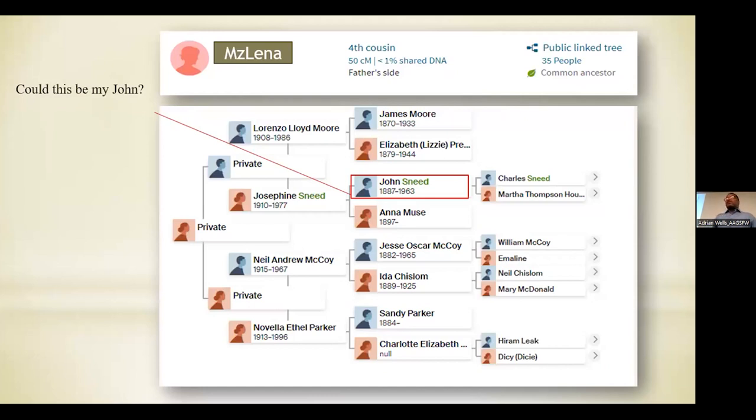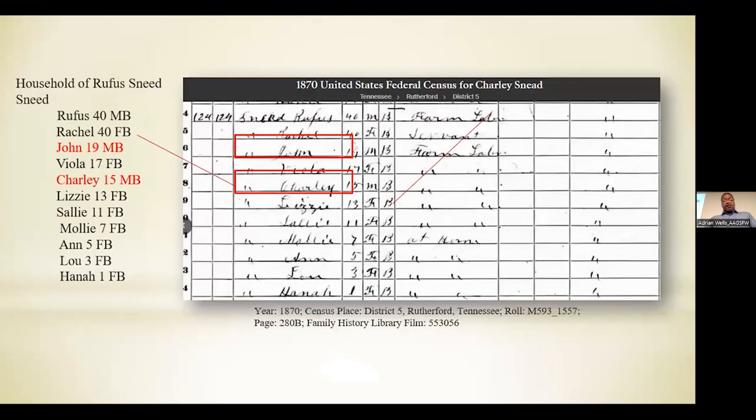So my first mistake was I thought, oh yeah, this is my John, because the age is right. So I put him in the tree as being Marion's father. But after more research, I found out that this John is not the John I was looking for. So I do some more research. So I searched for Charles